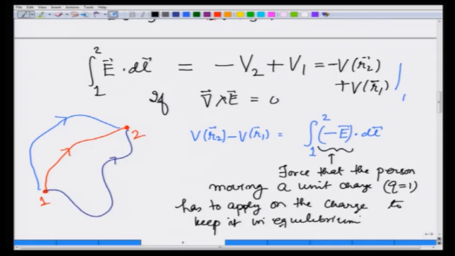So, minus E is the force that a person holding the charge has to apply to keep it in equilibrium,